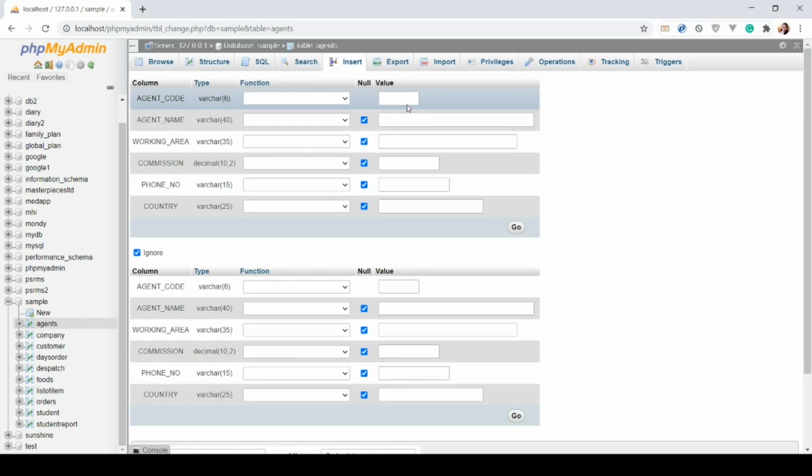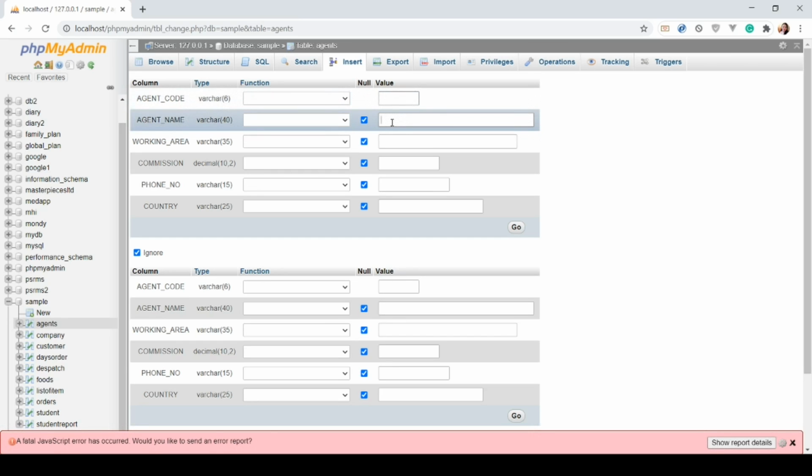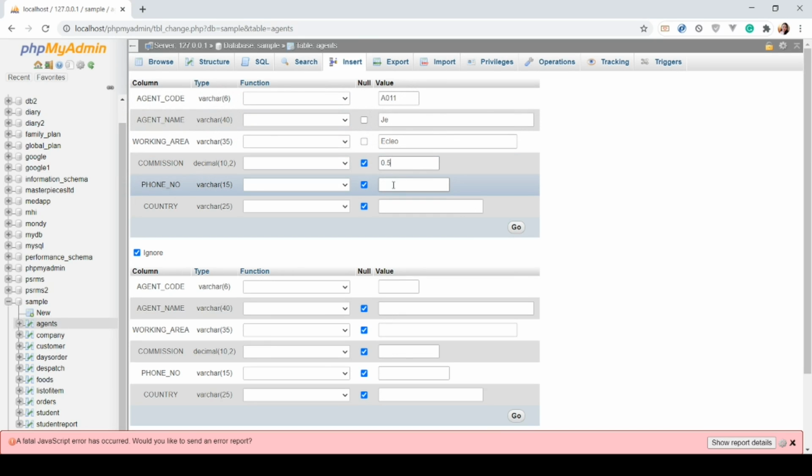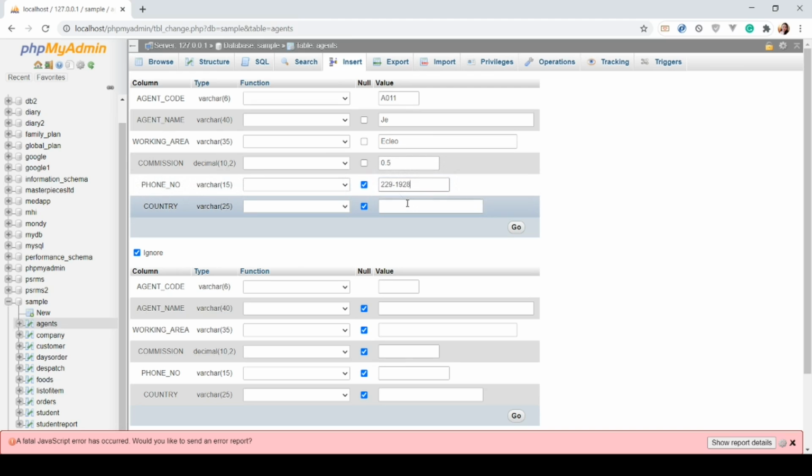Like this one. So you need to put here, let's say, A011, commission 0.5, phone number, I'll just put a random number here, country Philippines.